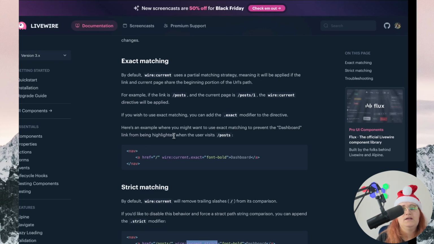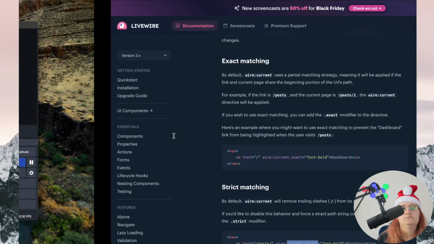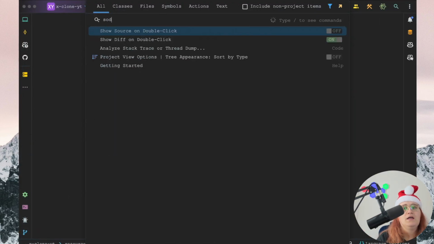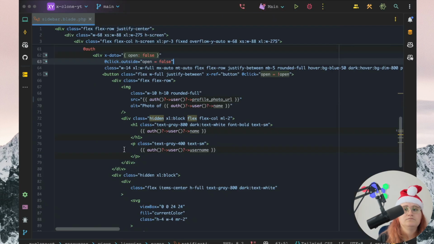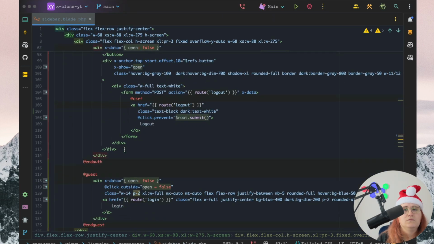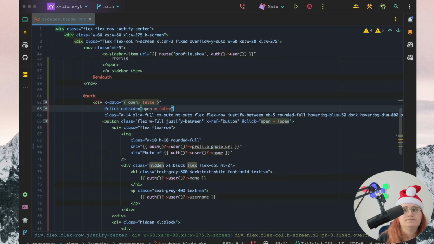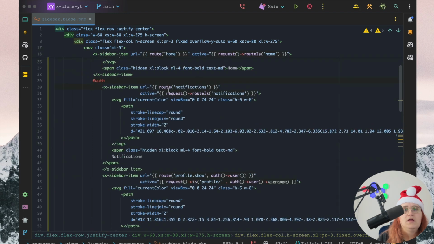And let's take a look in the editor at how exactly we could apply that. So I've gone into my Twitter clone series here, and I have this sidebar, and we have in here a bunch of links. And essentially we have an active one in here. So we could get rid of this active one, which checks if it's the current one,